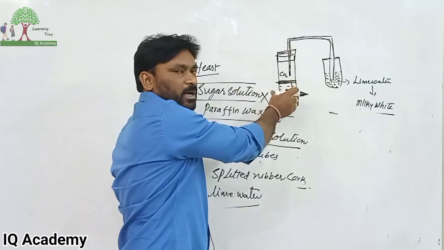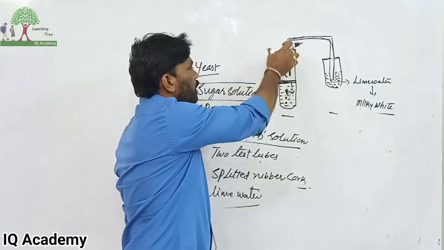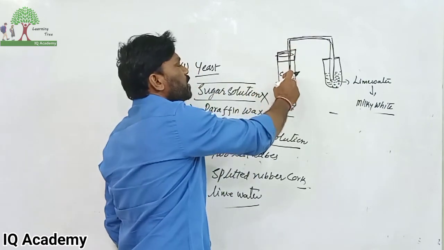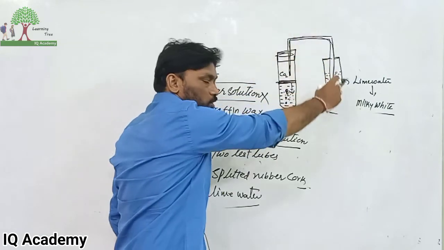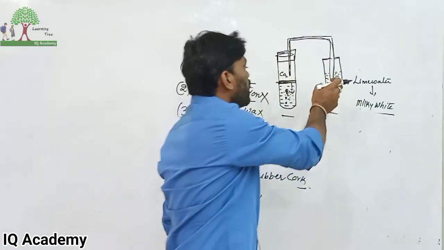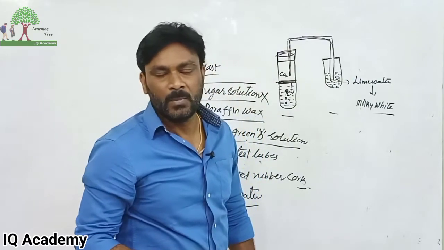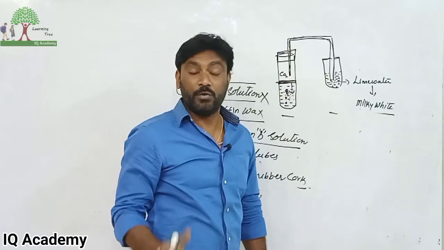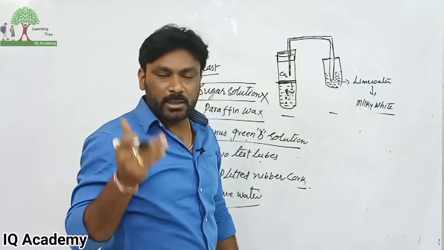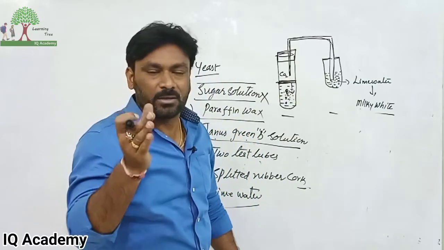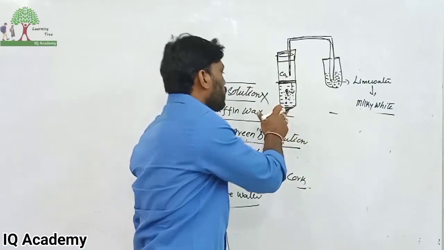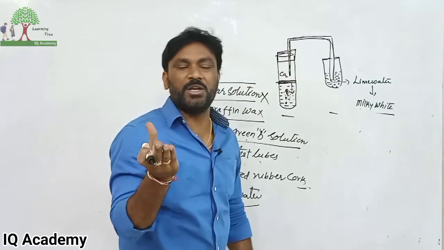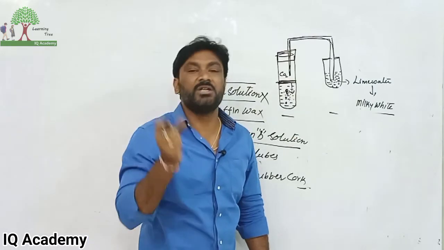Now keep this experiment and close the test tube with a rubber cork, a single hole rubber cork, inserted with a small tube which is inserted in the another test tube which consists of lime water, and keep this apparatus without disturbance for 24 hours. If you want to get better results, 24 hours we need. Now the yeast present in the sugar solution starts respiration. That is nothing but fermentation.